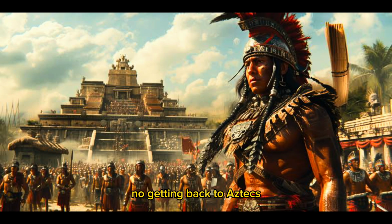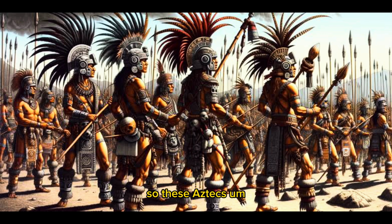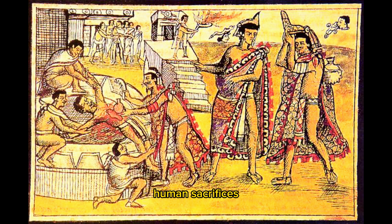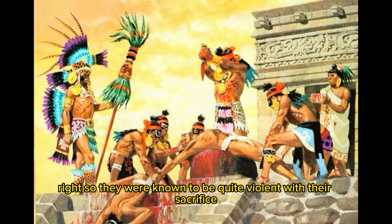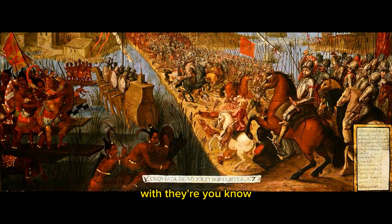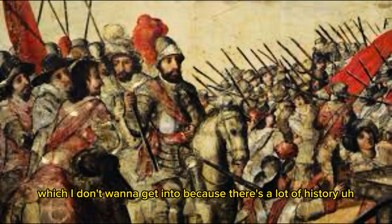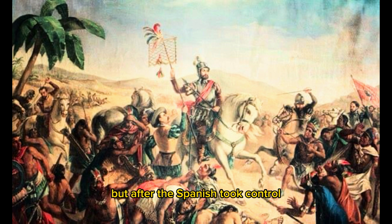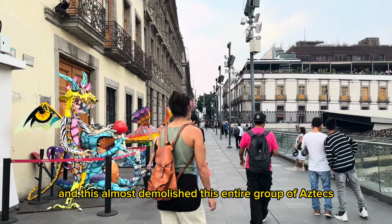Now, getting back to the Aztecs, the amazing people who built an amazing city over the lake. So these Aztecs generally are remembered for their human sacrifices, and sort of always had a negative perception. They were known to be quite violent with their sacrifices, with sabotaging their own indigenous groups, and a lot of facts like that, which I don't want to get into because there's a lot of history. But after the Spanish took control and they almost demolished this entire group of Aztecs, they took control,